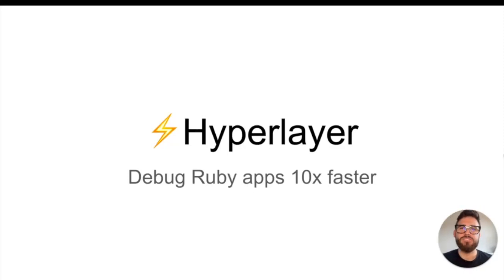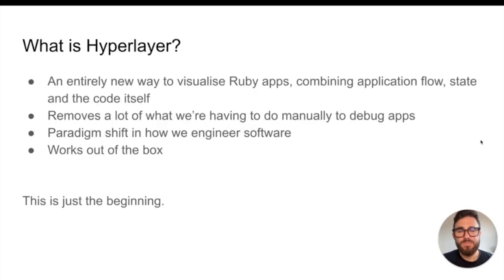Hello and welcome to the introduction of Hyperlayer, a tool that will help you debug your Ruby apps 10 times faster. So what is Hyperlayer? Hyperlayer is an entirely new way to visualize your Ruby apps that combines the application flow with the state and the code itself. If you think about how those three elements live and how they work together at the moment,